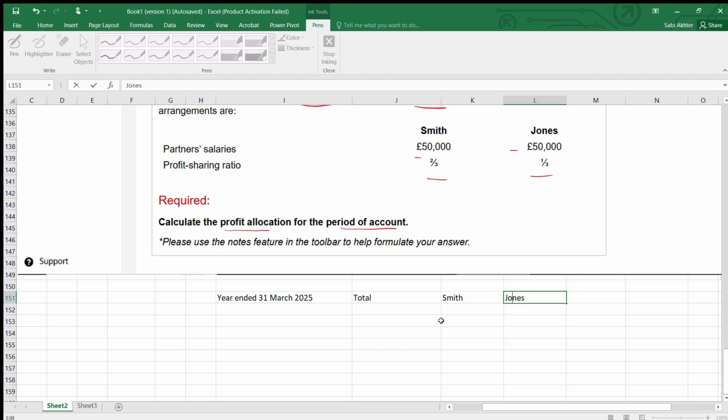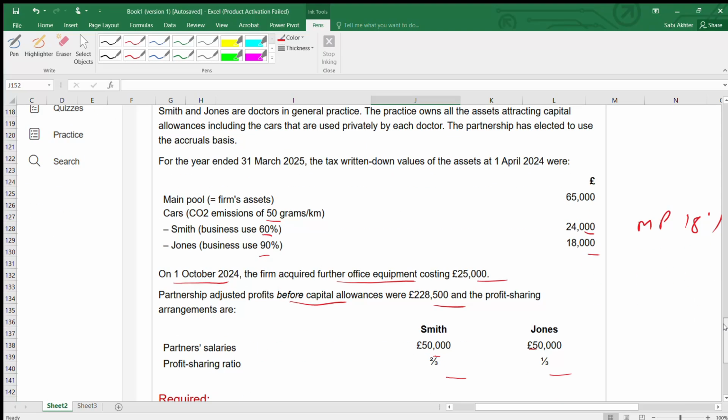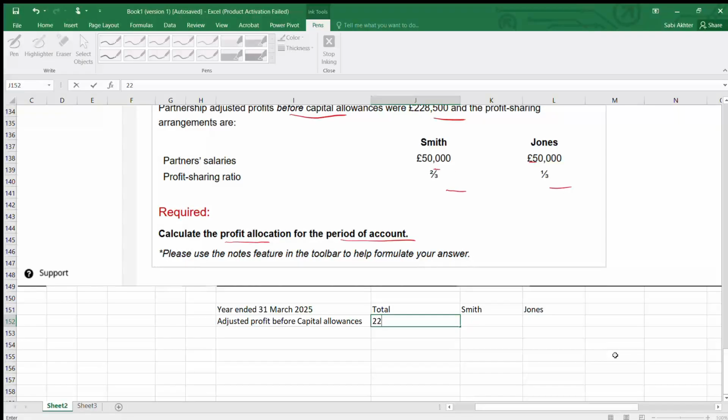Now, adjusted profit before capital allowance. So now, what is it? They have given 228,500. Then capital allowance less,